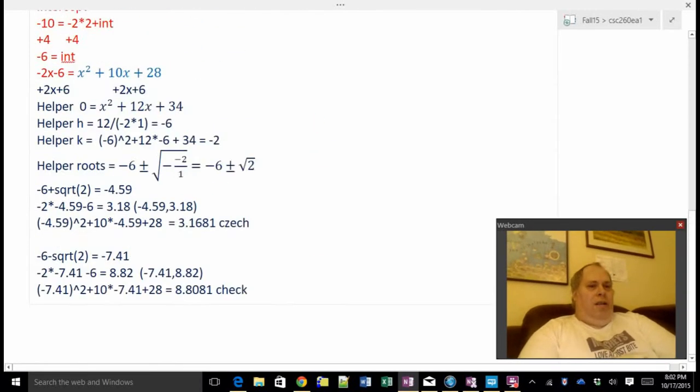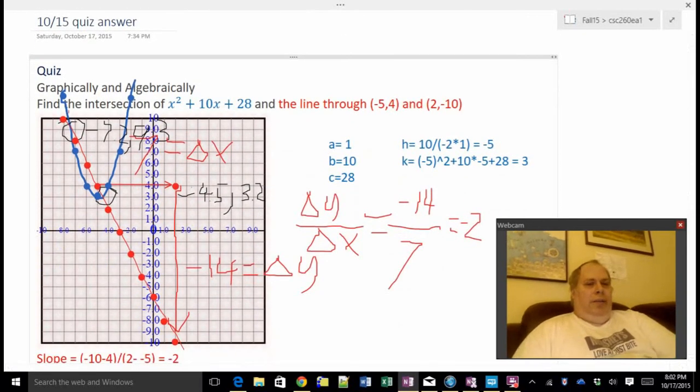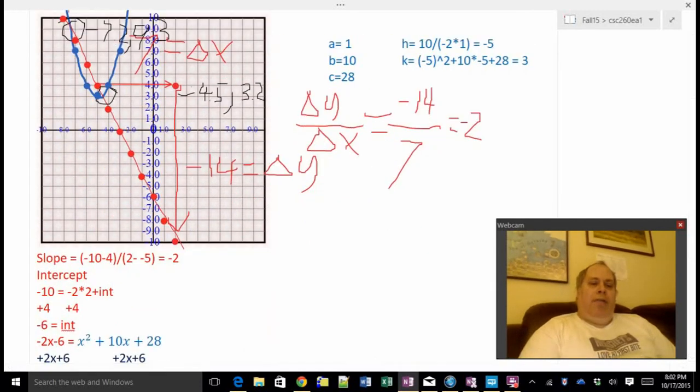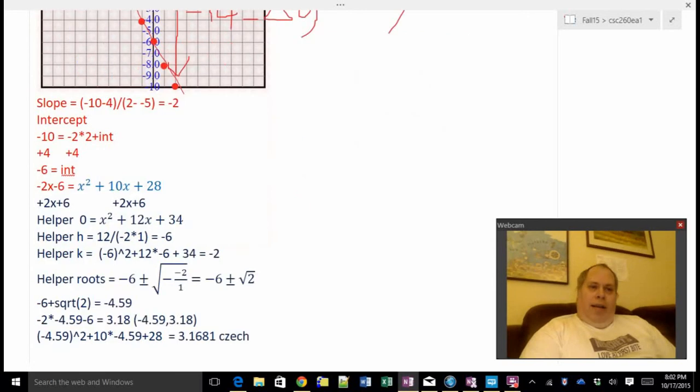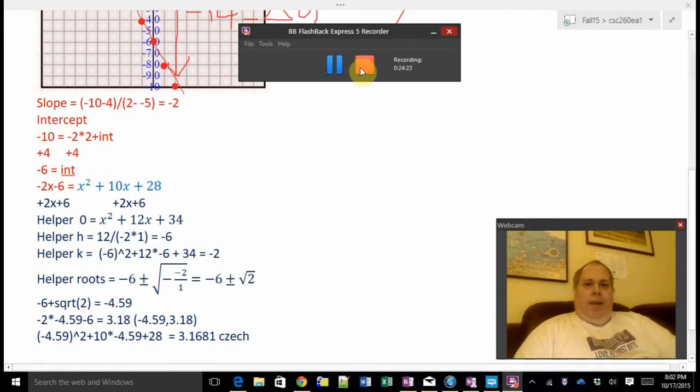Okay, and so that's the answer to this question, which originated as a quiz question. But I think it's useful for everyone to see how you solve this line intersection, because it usually appears on an exam as well. And that is